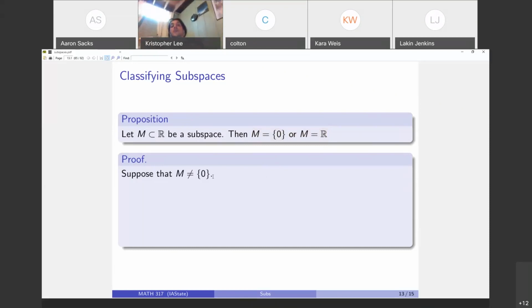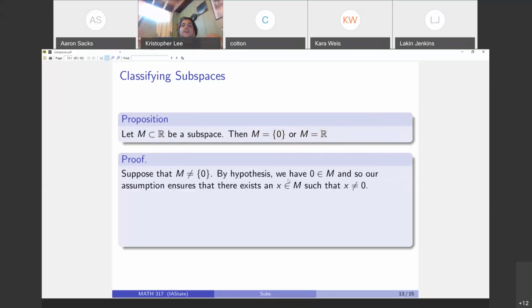So I can start the proof by saying, all right, well, don't assume this. So suppose it is not equal to 0. I will now verify that that forces this to be true. It's real slick. I love this sort of thing where you're really bending logic to your will in a way. So I like it. But all right, so what do we need to prove? This OR statement is true. Well, if this was true, the OR statement is itself true, so let's go ahead and assume it's not. We will now verify that all of the real numbers belong to M,